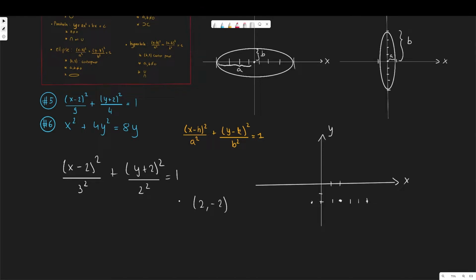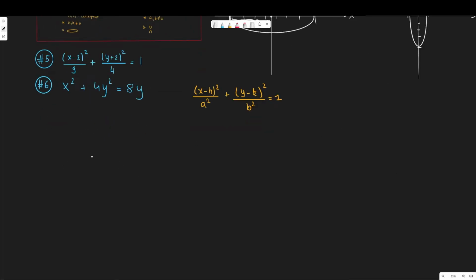And then for the b constant, which is parallel to the y-axis, I'm going to go 2 up, 1, 2 right here, and 2 down, 1, 2. So those 2 points will also give me the end of the ellipse. And now we just have to connect points. So it will look something like this. So this is going to be 2, this is going to be negative 2, and this is a good sketch for